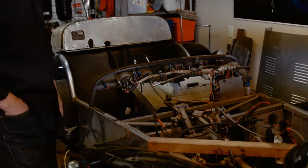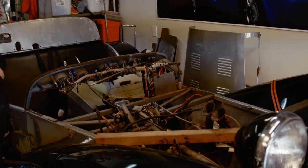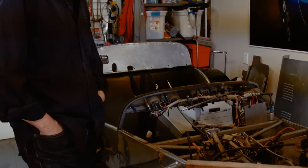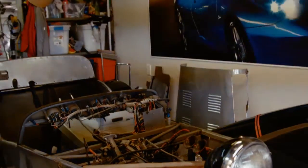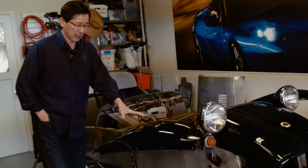There was quite a bit of rust in the chassis, so I replaced a lot of the tubes. And then I did a lot of research, talked to a number of the guys that had campaigned these things and raced them and autocrossed them, and also looked at a lot of the stuff that Caterham had done. So there was a lot of extra gusseting that went into the car, into the chassis, during the restoration process. But in doing the restoration process and doing the research, I found out that this particular car